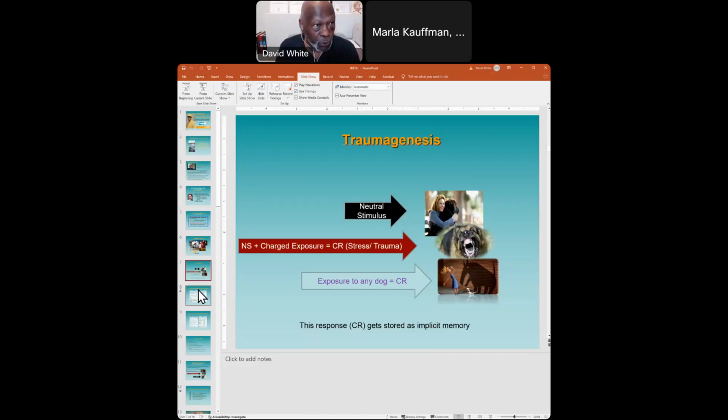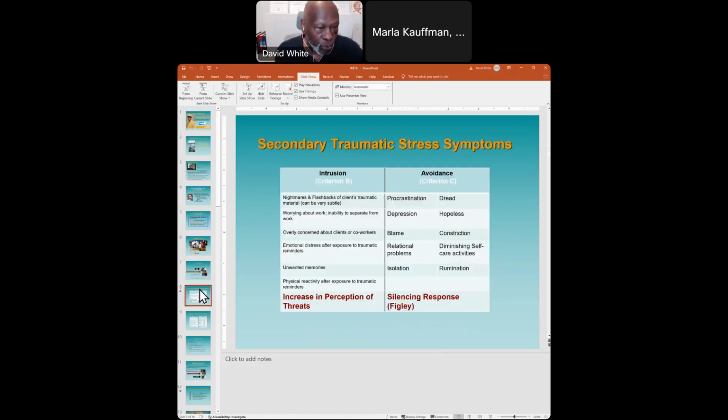And if you're not mindful of what's going on with you and the client, you can become distressed by listening to the client's story. That's how we end up in a situation where you end up with compassion fatigue, which, as I said, is the combination of secondary traumatic stress or vicarious trauma and burnout. And we're going to look at each of those in a little bit. So when you have secondary traumatic stress, these are the symptoms that let you know you're starting to develop secondary traumatic stress.